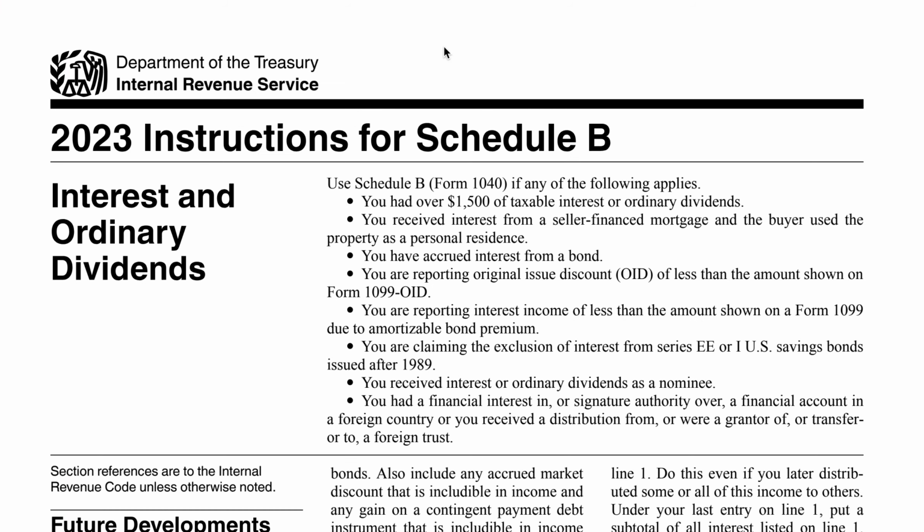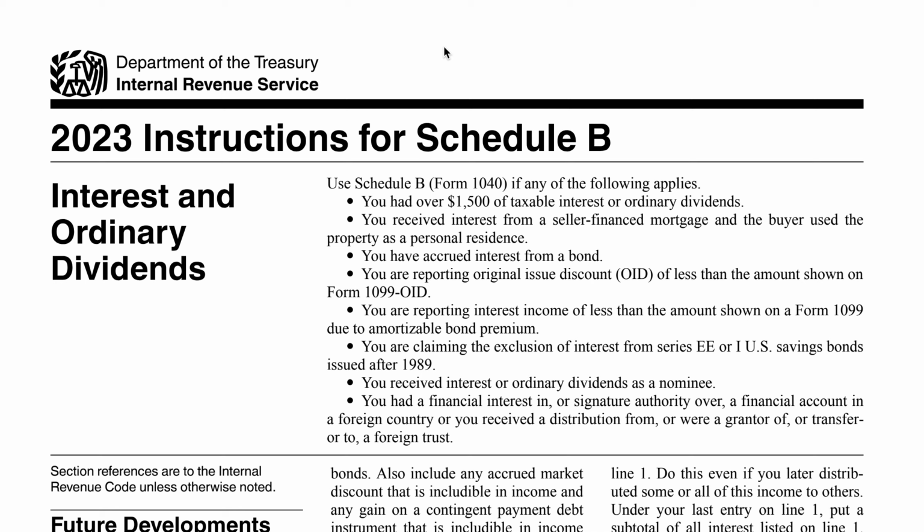So taxpayers are going to file Schedule B with their Form 1040 if you had over $1,500 of taxable interest or ordinary dividends, if you received interest from a seller financed mortgage and the buyer used the property as a personal residence, if you have accrued interest from a bond, if you're reporting original issue discount or OID of less than the amount shown on Form 1099 OID, if you're reporting interest income of less than the amount shown on a Form 1099 due to an amortizable bond premium,